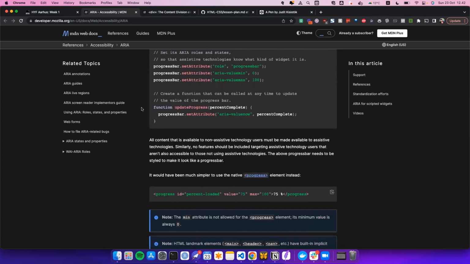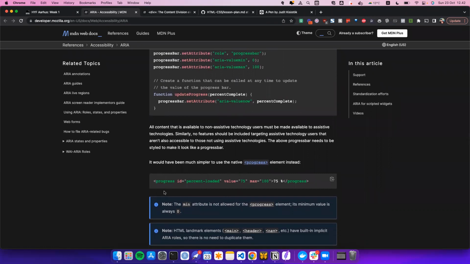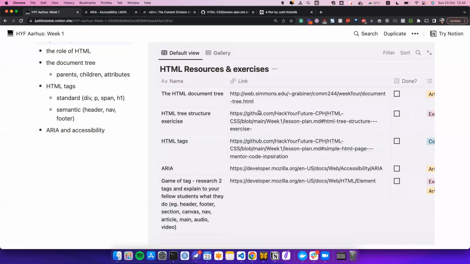But if I want to make it a little bit easier on myself and the developer I might be working with, then I could also just use the progress tag from HTML that just comes nicely boxed into the language. Okay, so with that said, we have